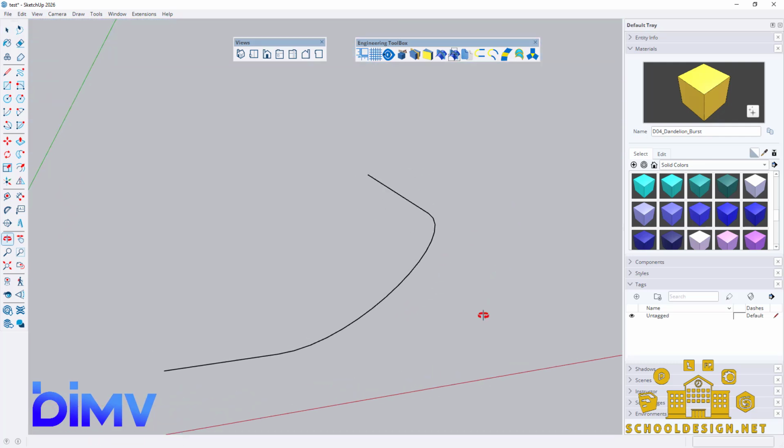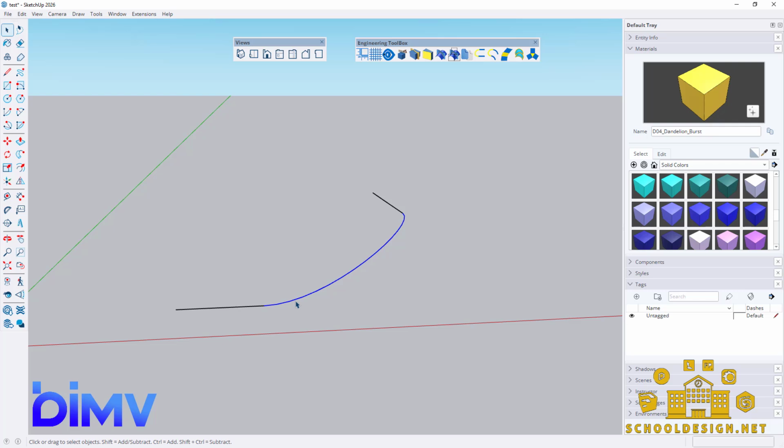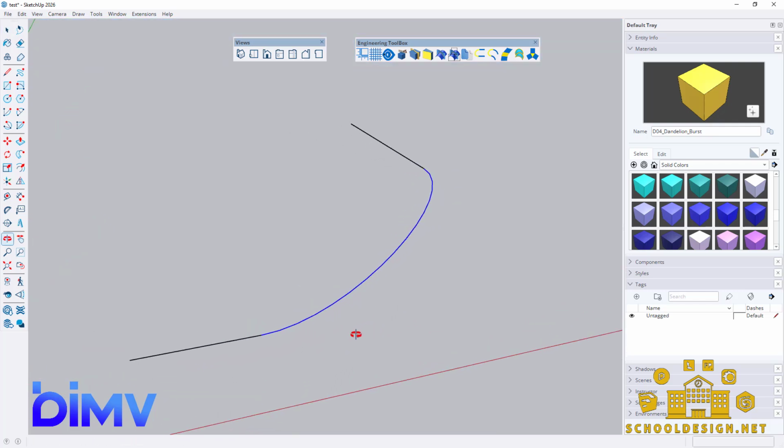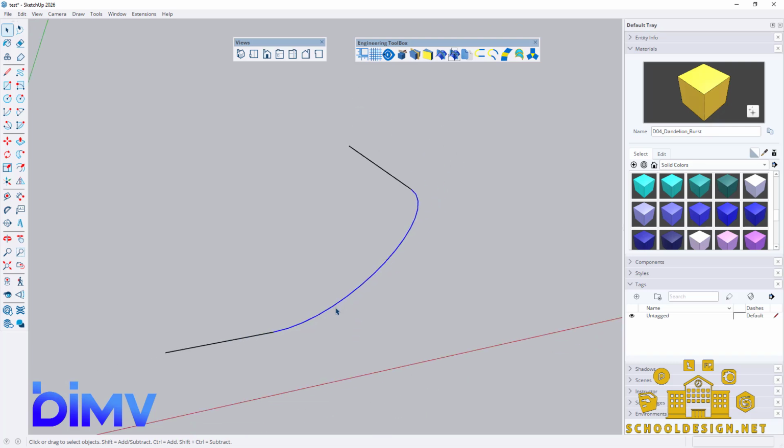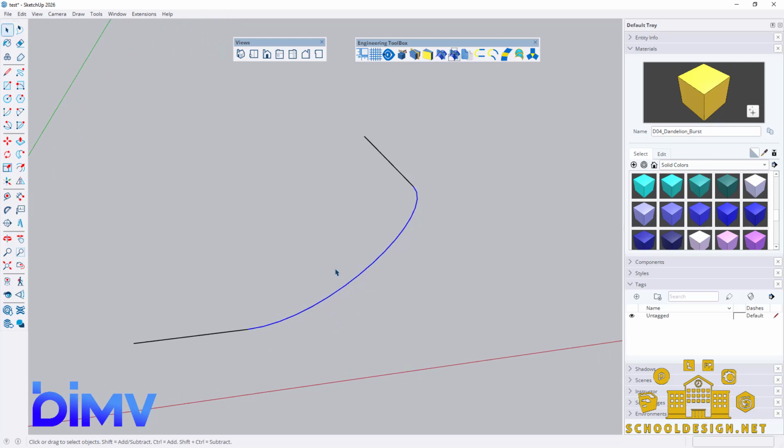We click on the curve and we have a very nice curve made of 16 segments here, which you can even see, because SketchUp's engine is mainly based on lines and everything is created using lines. Here you can also see that we have this segment. The transition is also very smooth. If we select these lines and choose more segments,